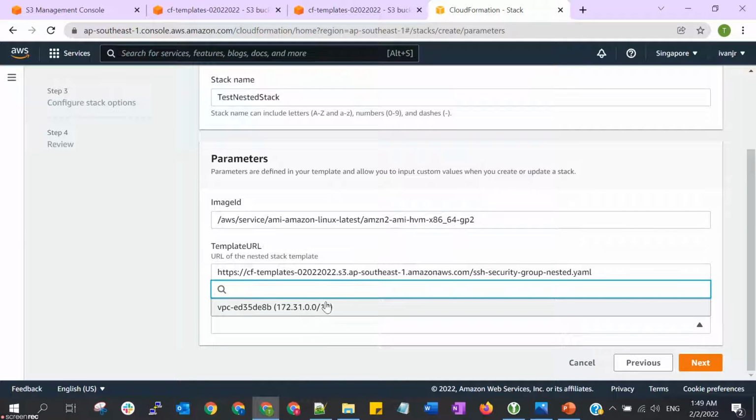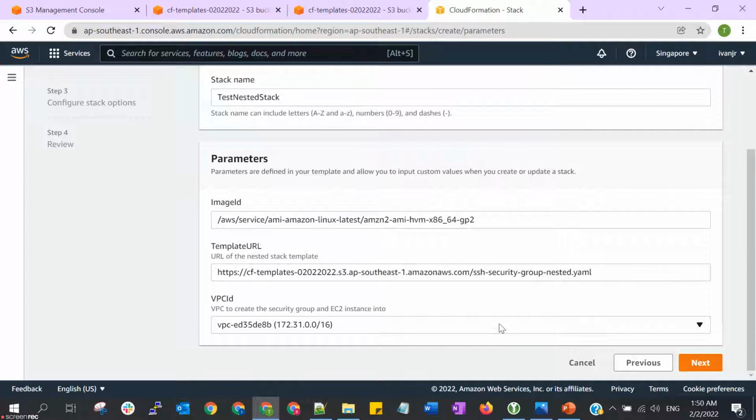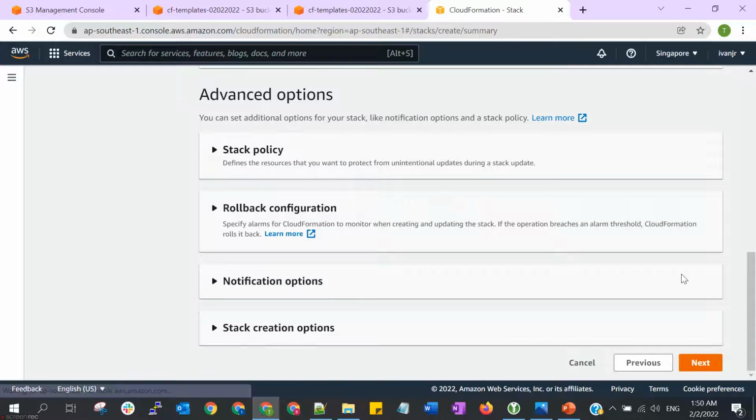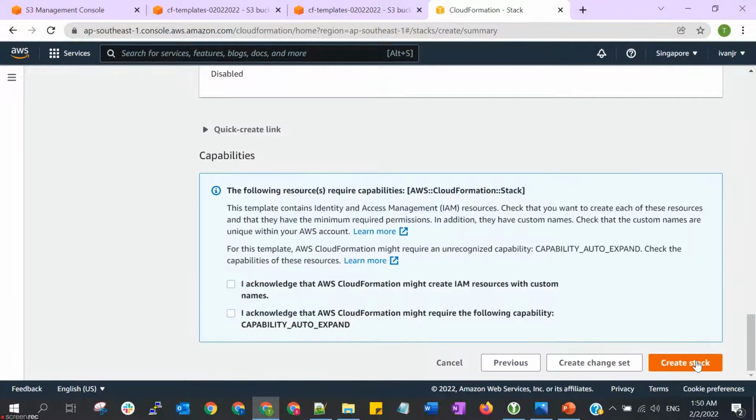The VPC ID, we have one VPC here. Okay, next. Next. And tick this to acknowledge, and create stack.